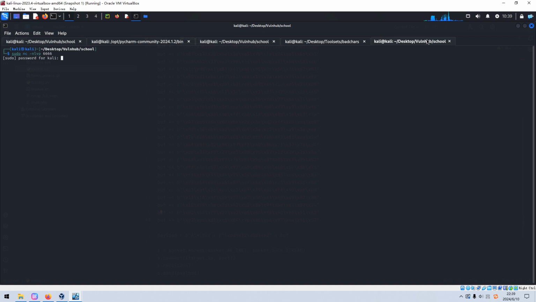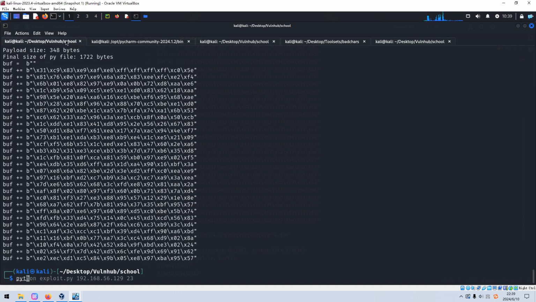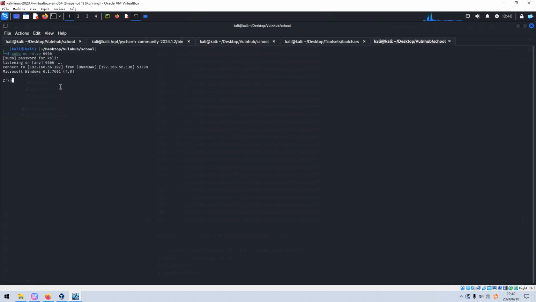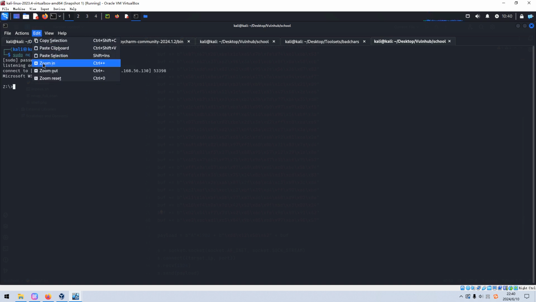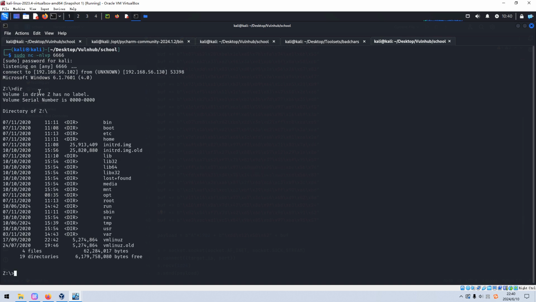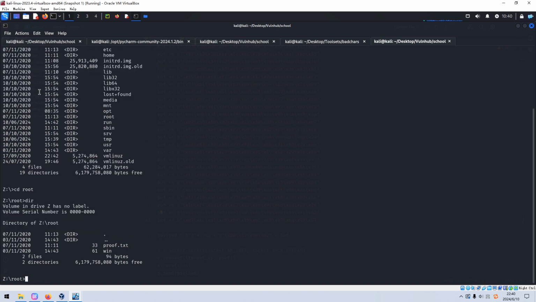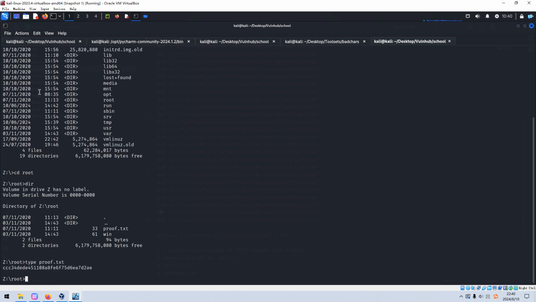Hopefully, so now we can set up the listener on 66, and now we can run the exploit. As you can see, we got the connection. Wonderful, right? We have already successfully got the connection, and as you can see, we belong to the super user. We can run dir, and then we can type the flag without any problem.